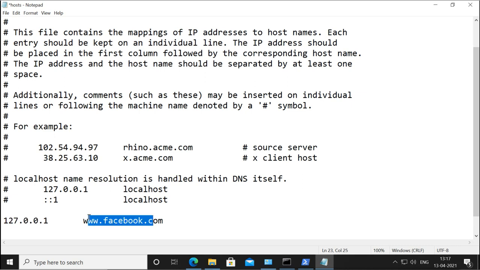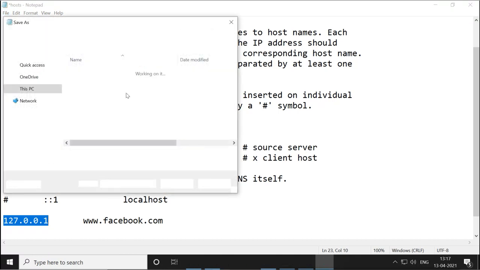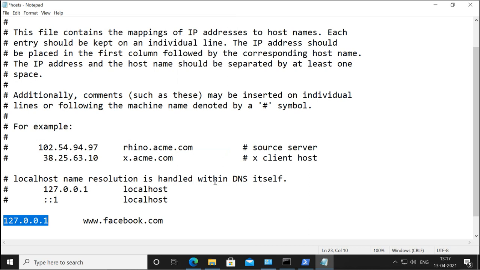You can also give a wrong IP here. So when you try to connect to this site, you will go to some other site. Attackers or hackers do that. They create viruses to change these names and IPs here in the host file. That is why it is not editable now. So if I try to save the file here, it says you cannot save, you have to save it somewhere else. It is not allowing me to save the file. It is saying that you can do save as, but you cannot edit the file directly.